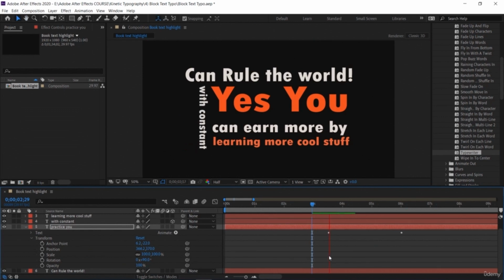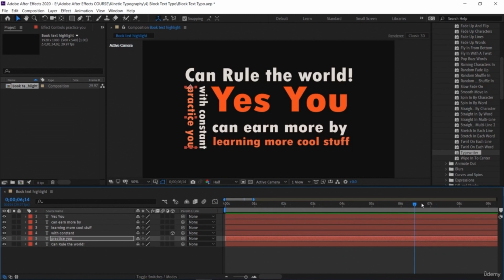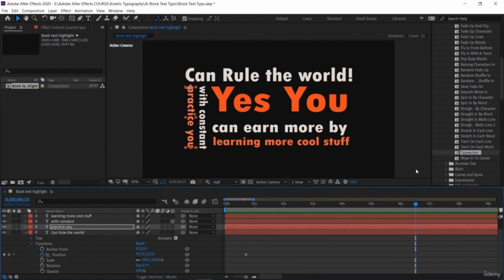Here we have applied a typing preset. It looks like the line or word is being typed by a typewriter or keyboard. It is easy to apply. You just have to position the time frame counter, and here the text position is applied, the effect is applied. So for the last text, you can try any other effect, say